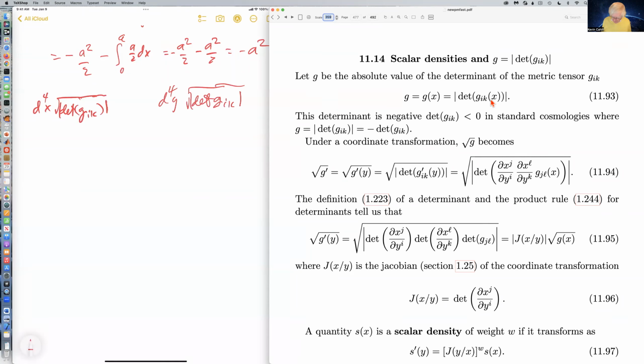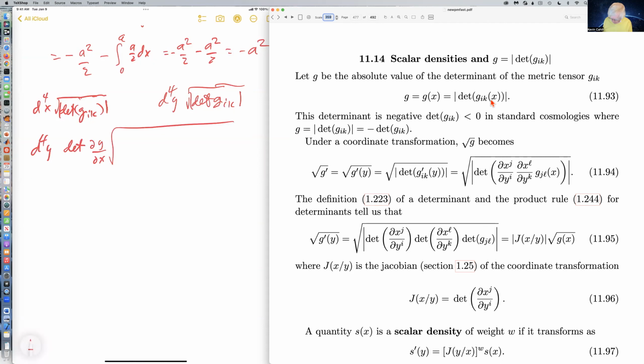And so the deal is that we can say that d^4y is a determinant of partial y partial x. And on the other hand, the square root of the determinant of,